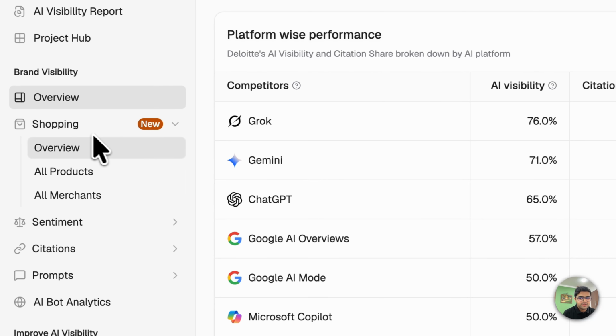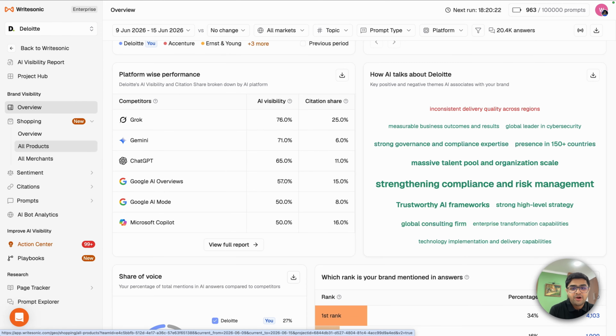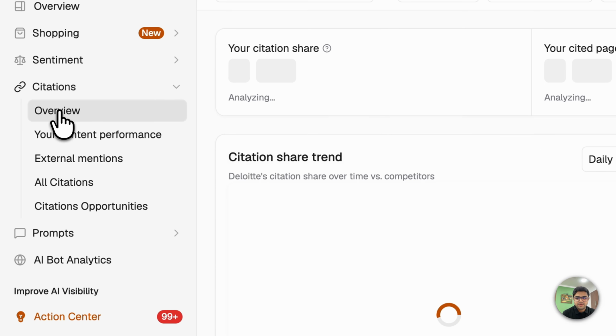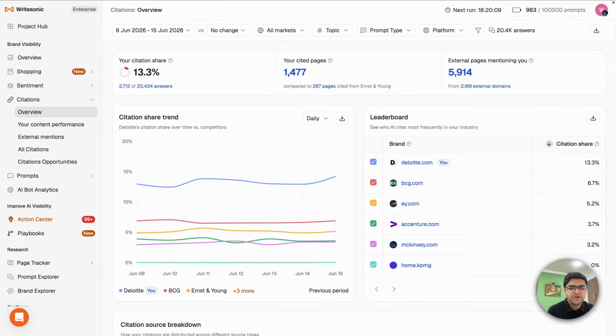If you are an e-commerce or a retail brand, you can also go into the shopping section to see how your actual products are being represented and how you compare with competitors on a product level. Then I'll also very quickly go to the citations page. This is one of the most important things because you want your own on-page content to have an impact on